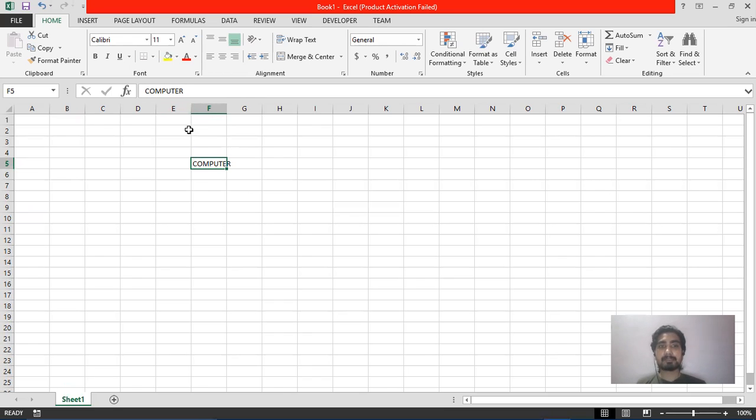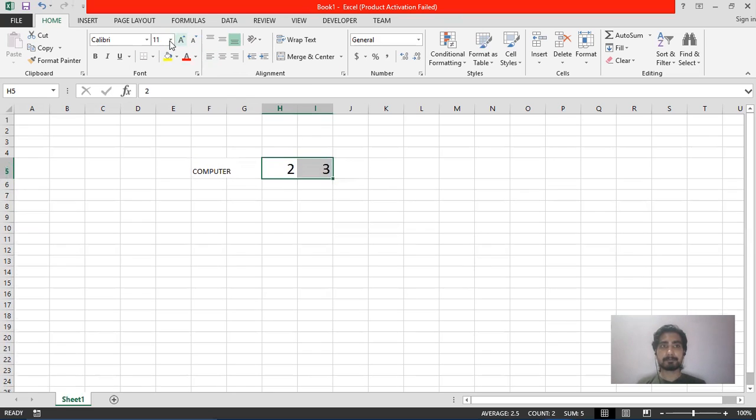Now the question comes: if it displays the data of the active cell, then why is it called the formula bar? It does not always display the data. If you have inserted any formula in your cell, then it will display that formula, not the data. For example, let's do a little bit of calculation. I've written two numbers on my worksheet here. Let's increase the font size so that you can see the numbers clearly.